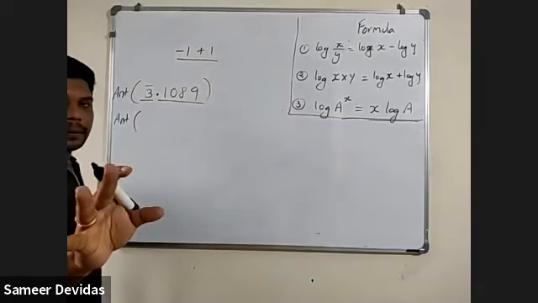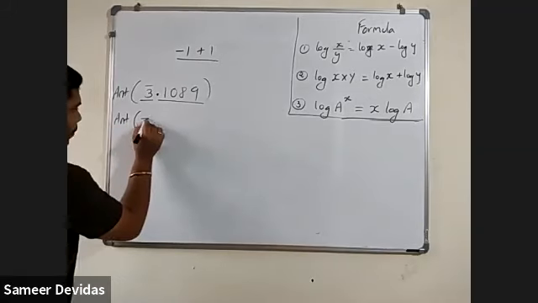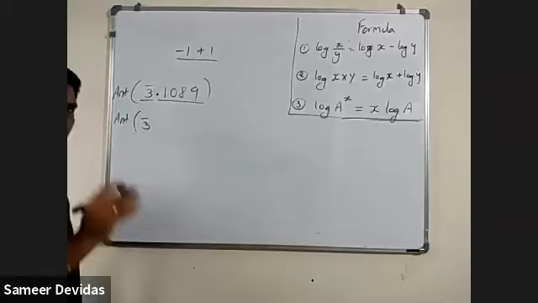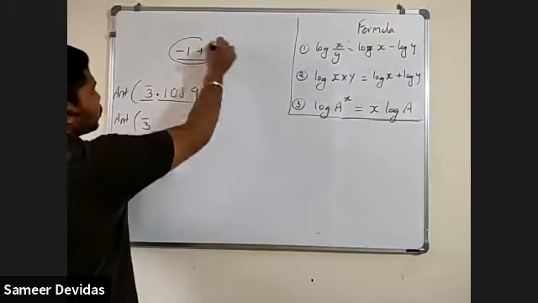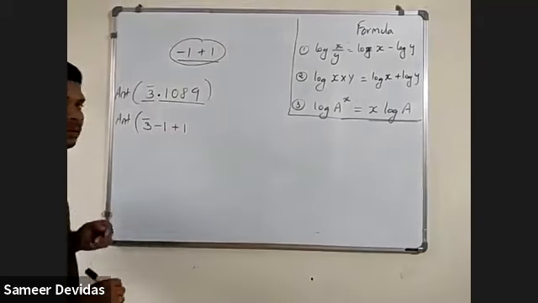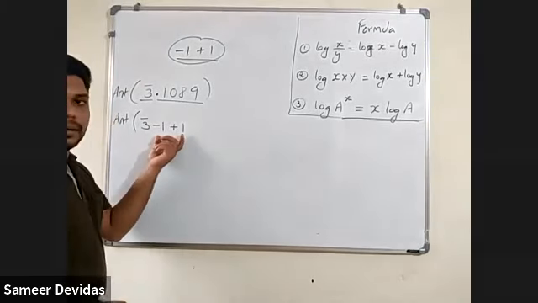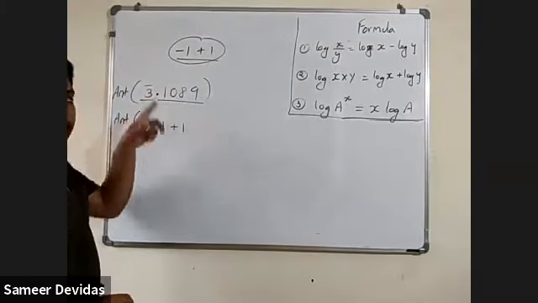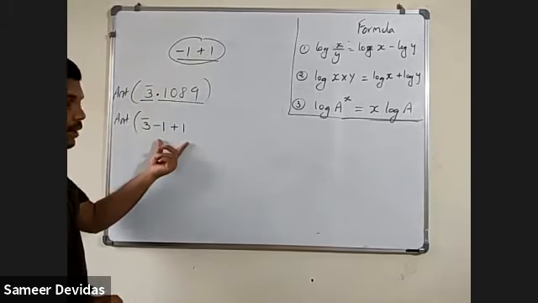Is this clear till here? Yes, sir. Which part? First part is -3. Bar 3 means -3. Then you have to use this rule. So write down here -1 + 1. Clear? Yes, sir. I have not written the decimal. In between, which rule I have used? -1 + 1. This I have written.